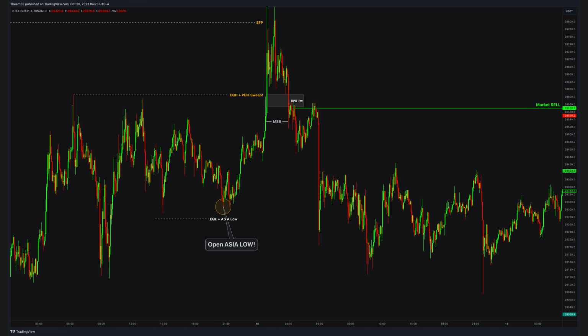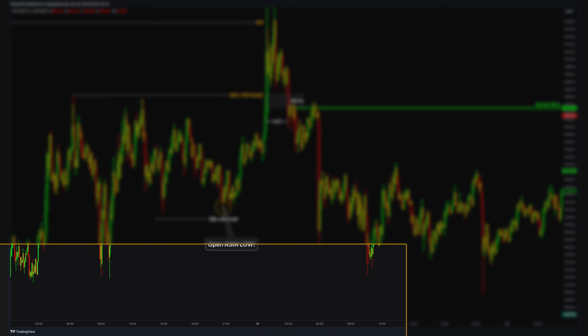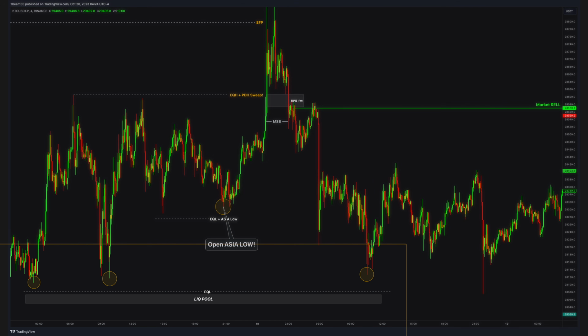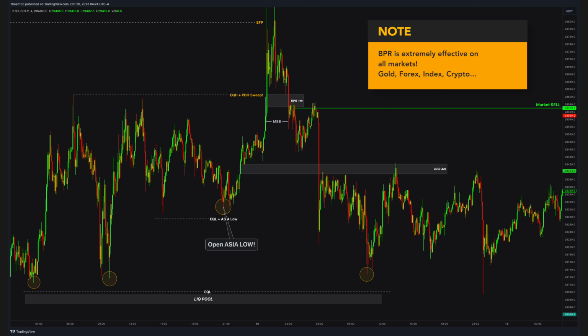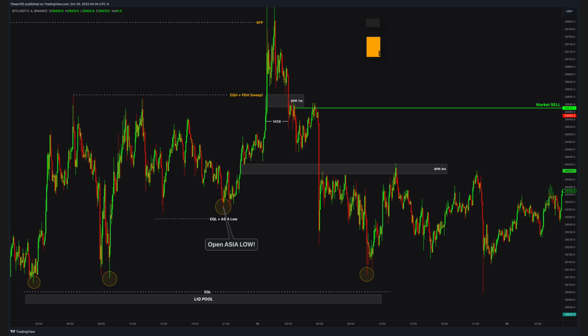So, after that position, were there any other trades to take? Actually, yes. I again noticed this liquidity pool below, a giant equal lows. So I wanted to carry the price down one more time. After this strong and powerful break here, I noticed this BPR area again. In my opinion, whatever you trade, gold, Forex or index futures, BPR areas are probably the best entry points that you